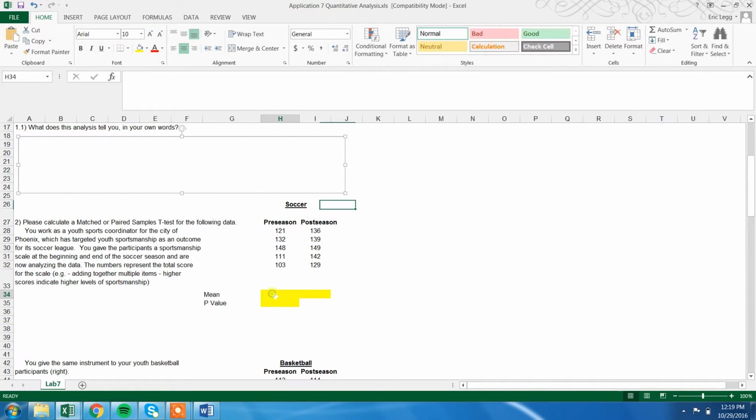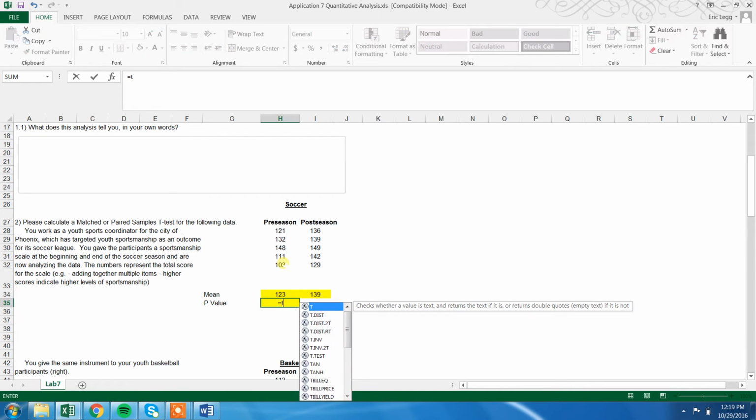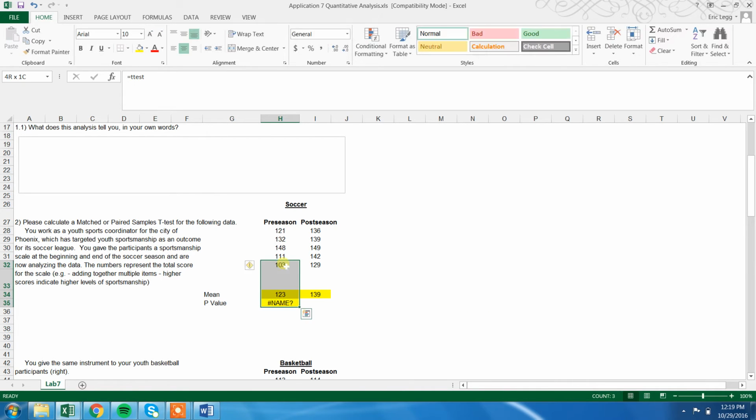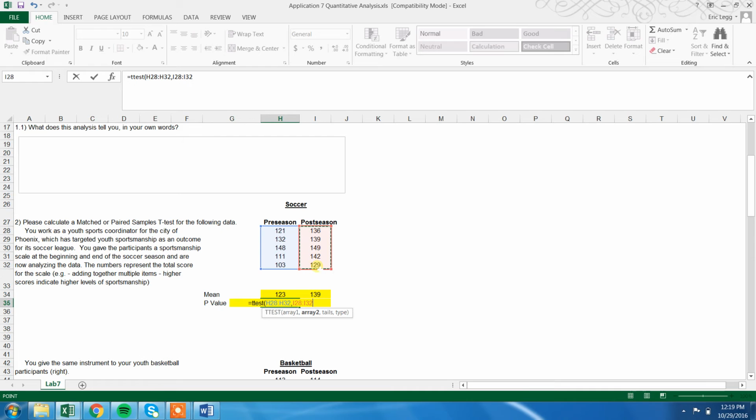Okay? Again, I'm going to ask you to calculate the means, so equals average. Highlight. Copy that over. Okay, so we have a difference in our sample. What's the likelihood, probability that the difference also exists in our population? Equals t-test, parentheses, oops, try that again. Okay, let me not click so fast. Equals t-test, parentheses, I highlight my first range without the header, comma, highlight my second range, comma,